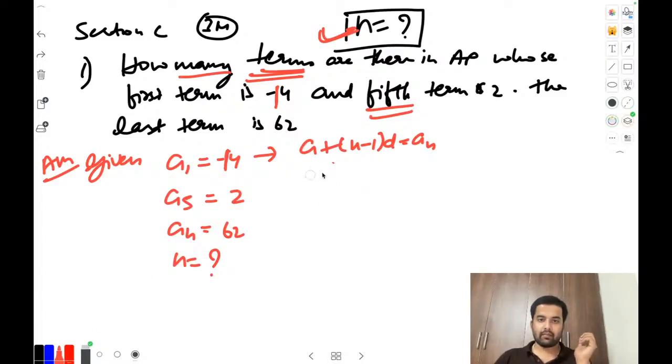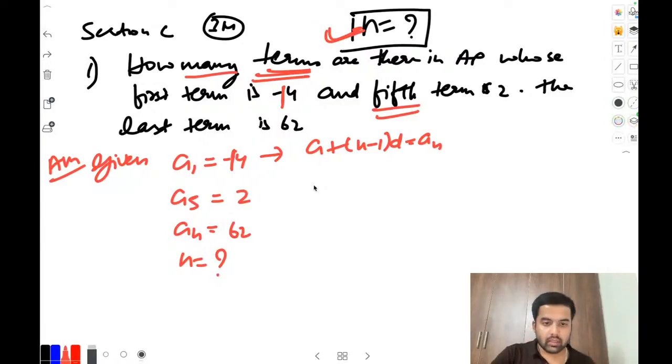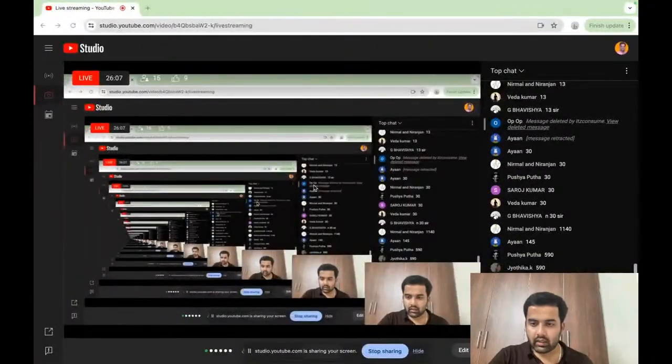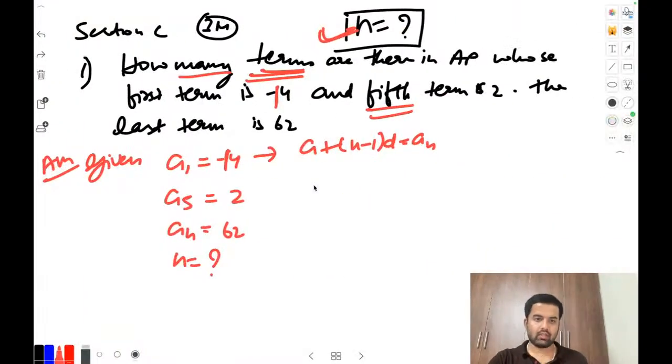Let me know, does anybody have the answer of this or not? We'll wait for a while. Just wait. Anybody have an answer of n? 18 and 20. Okay,